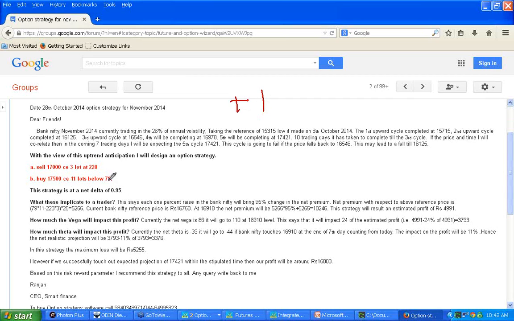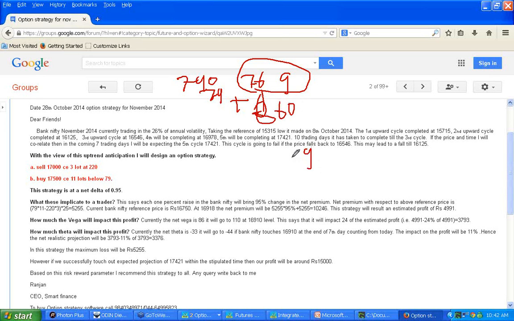So by this process of 11 lots, I am 790 plus 79. So I am adding 767 points in the delta, and 2,660 rupees I am taking from the market. So I am just 901. So 109 points of risk I am taking, but let me see how much profit I make. If I am losing, I am going to lose a maximum of 109. If I am gaining, my gain is unlimited. So this is a controlled participation in a rally.